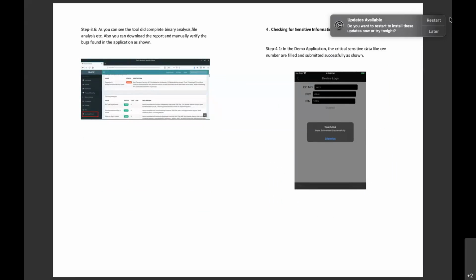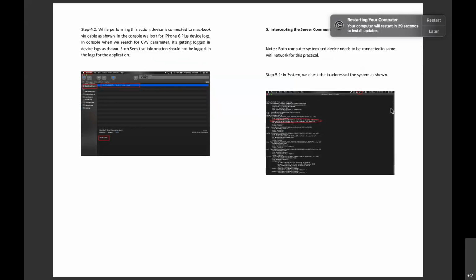Like next, you can check for sensitive information in device logs. Like I was telling about the ADB logs in Android, similarly, there are logs being stored in the iPhone also. So if the developer has not disabled logs in the application, the information in the logs will be visible. Some app users store their CVV number and all, and it gets stored in the logs. So once it gets stored in the logs, how will you access it? You will connect your iPhone to your